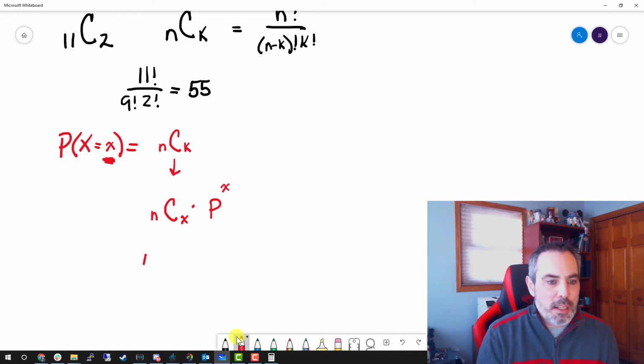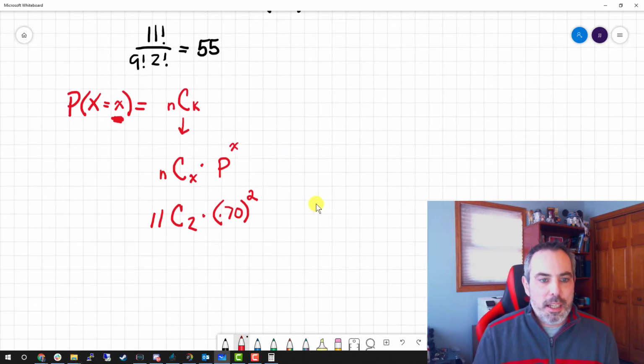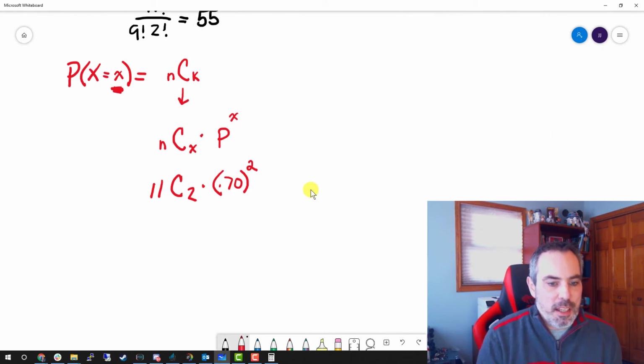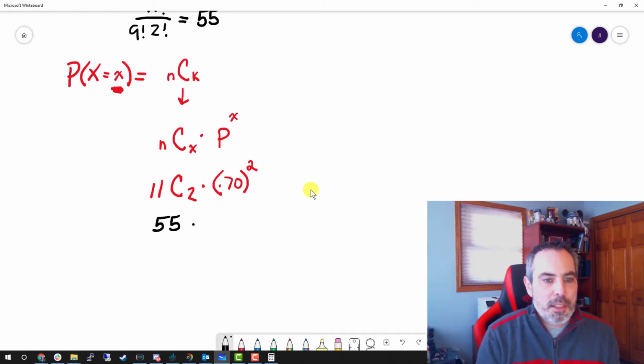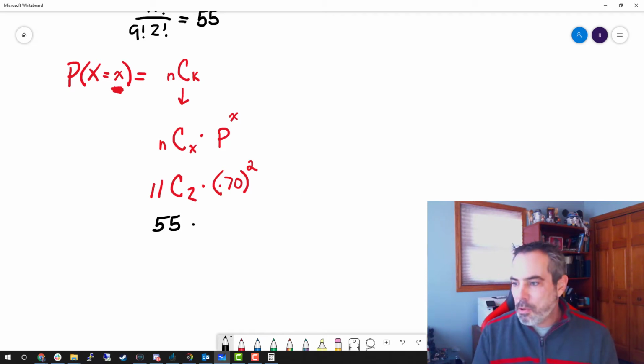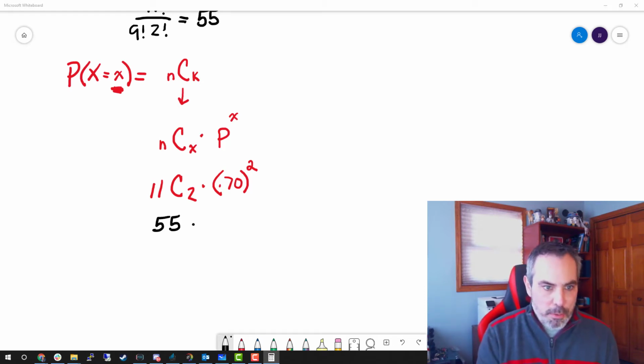So far I'm saying 11C2 times the probability. If you remember, that was 0.70 raised to the second power, right? Basically, if you're following along on the first part of this formula, I have said there are 55 ways that 2 insects could die, and the probability of 2 insects dying is 0.70 to the second power. And let me quickly put that up here. 0.70 to the second power is 49%,